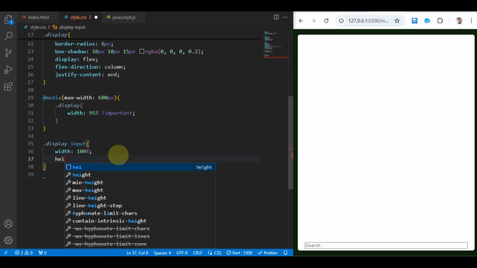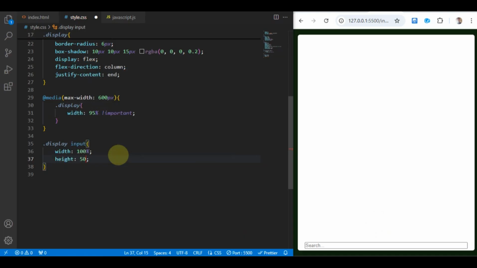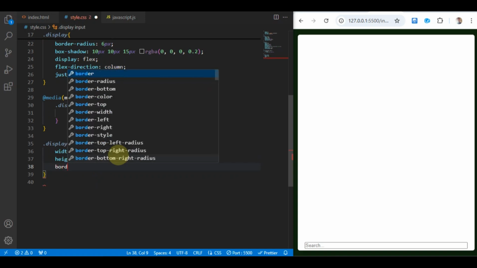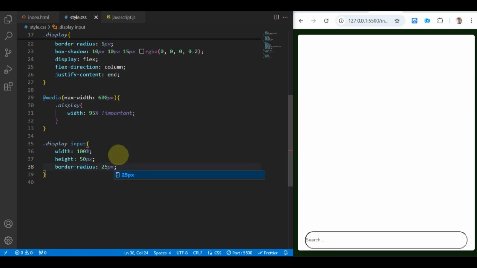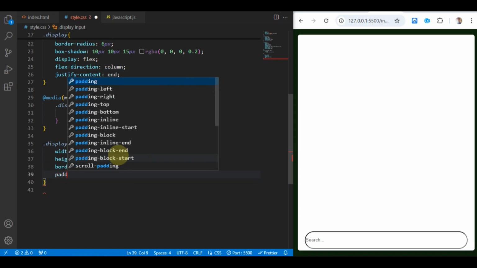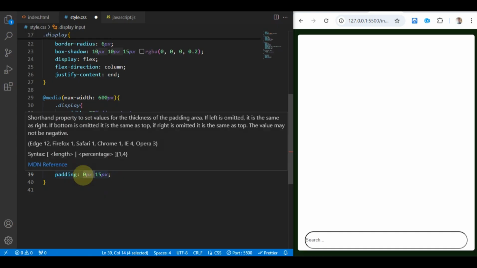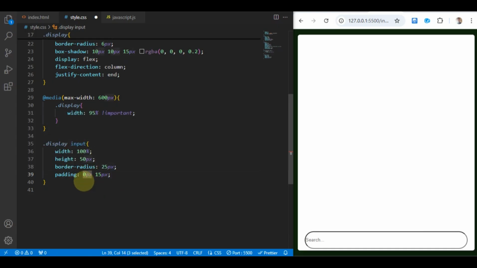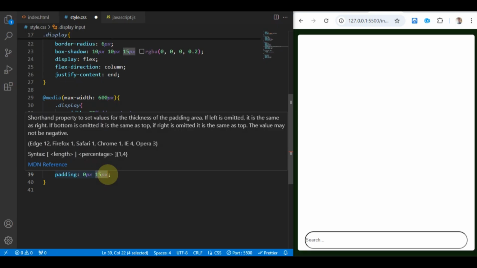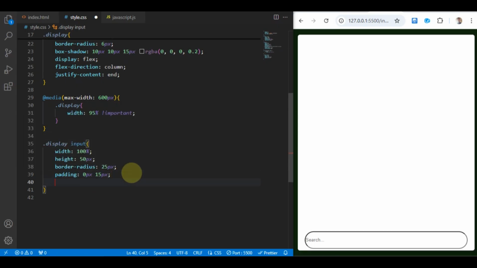Now we can see this input field has appeared within this template, and this input field height will be perfect if we give here 50 pixel and border radius 25 pixel. Okay, and padding top to bottom 0 pixel and left to right 15 pixel. 0 pixel means there will be no space on the top and bottom of the element, and 15 pixel means there will be 15 pixels of space on the left and right side of the element. And then we will take outline none,